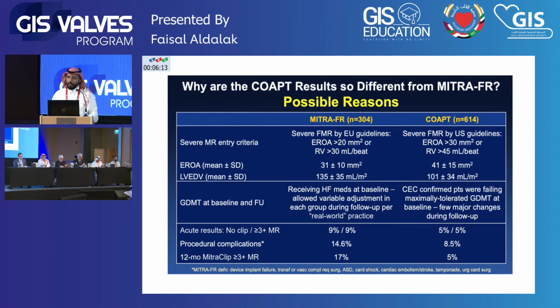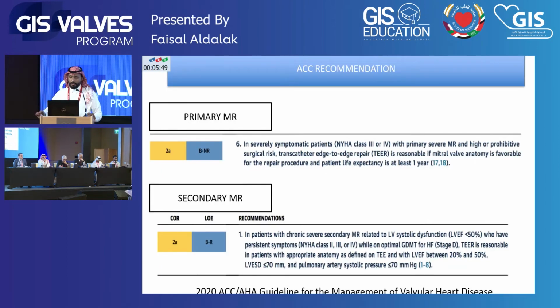In patients with COAPT, the volume is quite smaller. It's about 101. But in Mitra-FR, the volume of the ventricle is quite dilated. And on top of that, in Mitra-FR, the regurgitation volume is small. So less MR and a more dilated LV caused the failure of this study and the success of the COAPT trial. So based on that, the latest guidelines